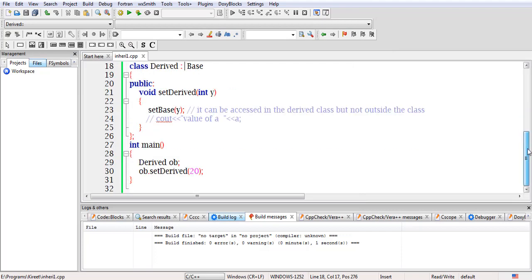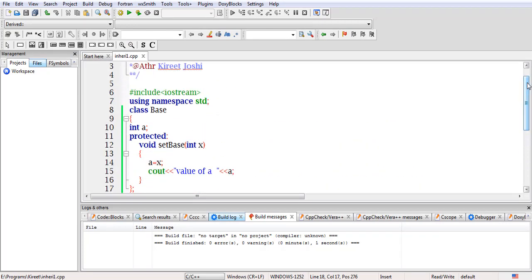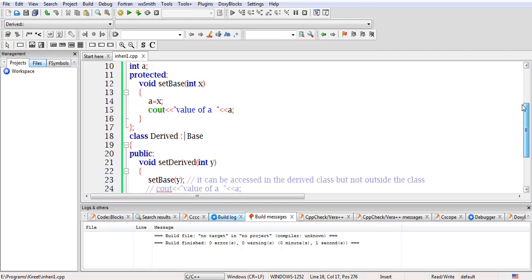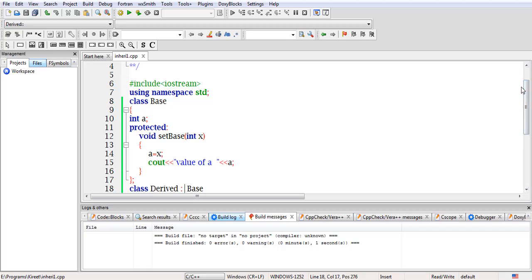So in this way, I have discussed all the modes of inheritance. If you focus on this program, and try to memorize or visualize the figures that I discussed in yesterday's lecture, then you can solve any problem of inheritance, irrespective of any visibility mode. So this is the concept. Try to create your own programs and analyze them based on the figures. Don't try to create your own concept, because we have to stick to the concept that the C++ programmers have created for us. So thanks.